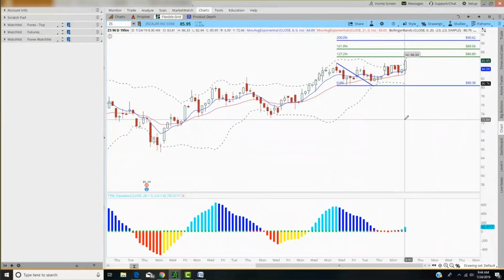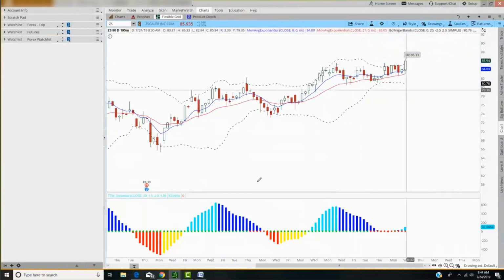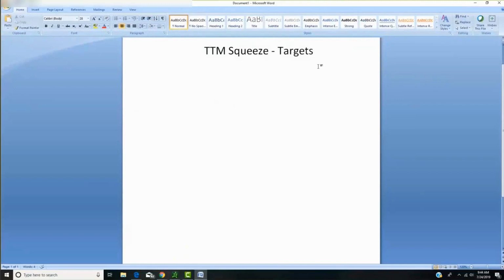The strategy is very simple. Okay, so if this is your strategy of choice, and you find it, one, it's very simple. Trend, pattern, squeeze, price targets 127.2 Fibonacci, 161.8. Okay, so that's just a small little lesson on the TTM squeeze, but more specifically,